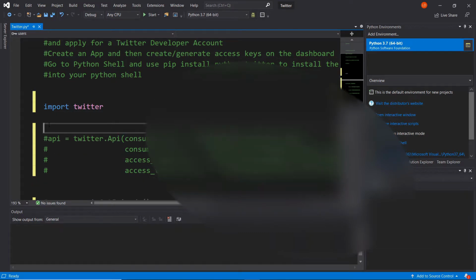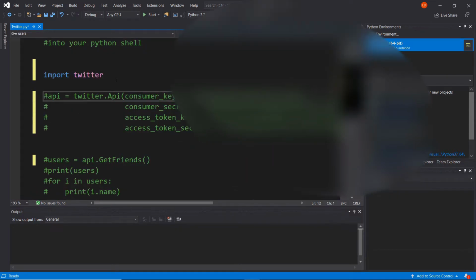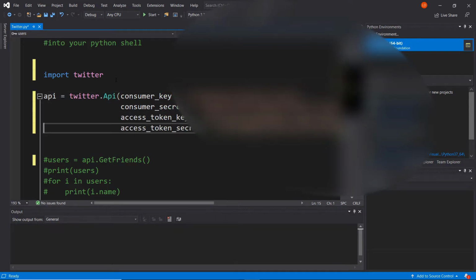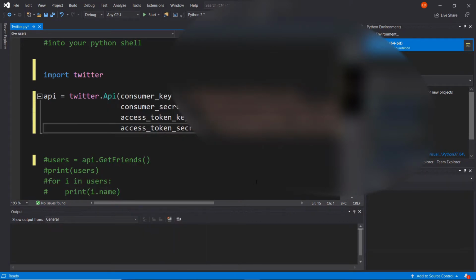Finally. So the first thing you need to do is import twitter. And with this Twitter, we now need to provide our secret keys and our secret tokens so that we can get into our Twitter account. So let's do that. What we're going to do is make use of a function within Twitter called Api. So if you type in twitter.Api with a capital A, and then in brackets,